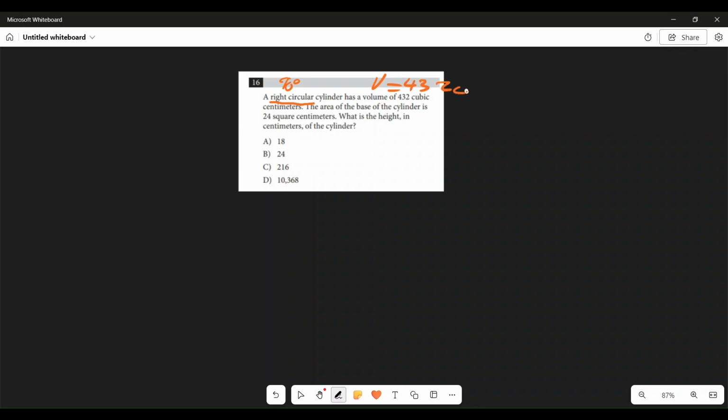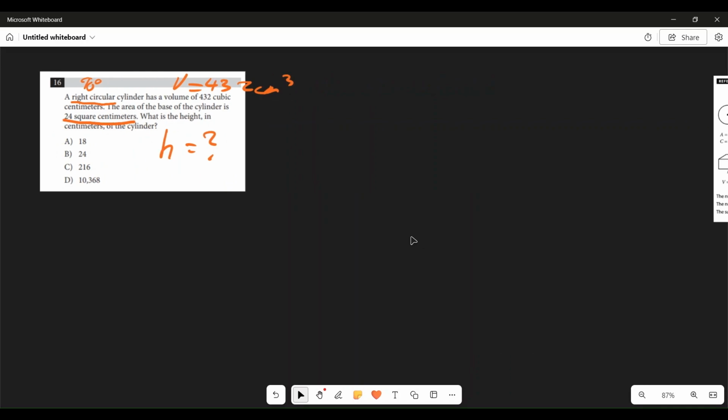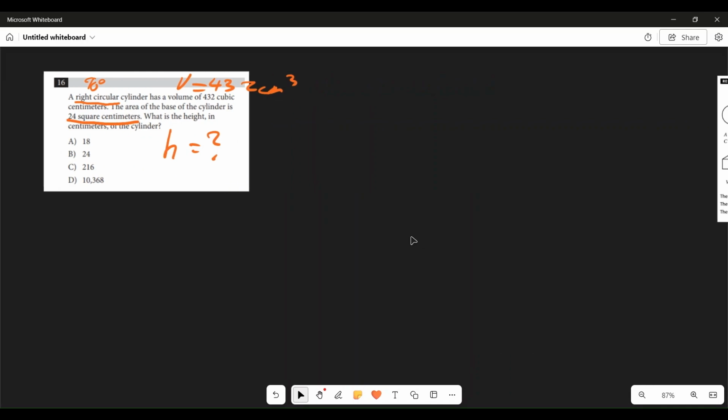432 cubic centimeters. And then this is the base of the cylinder, right? So the bottom or the top, it doesn't really matter. The base of the cylinder is 24 square centimeters, and they're asking us for H, right? What does H mean? How tall is the cylinder? So now that we know what we need to figure out and the information that was given to us, let's